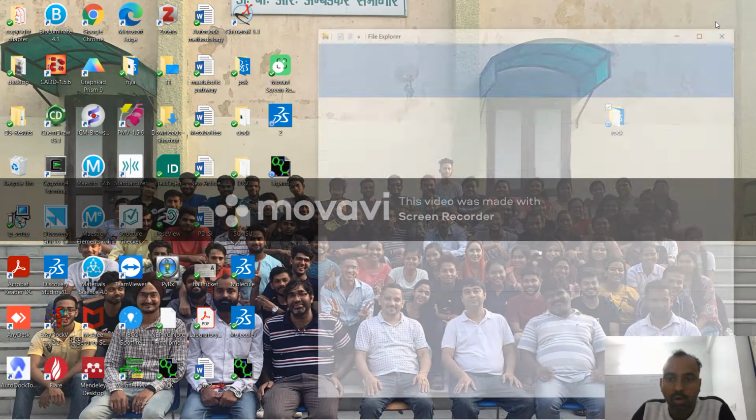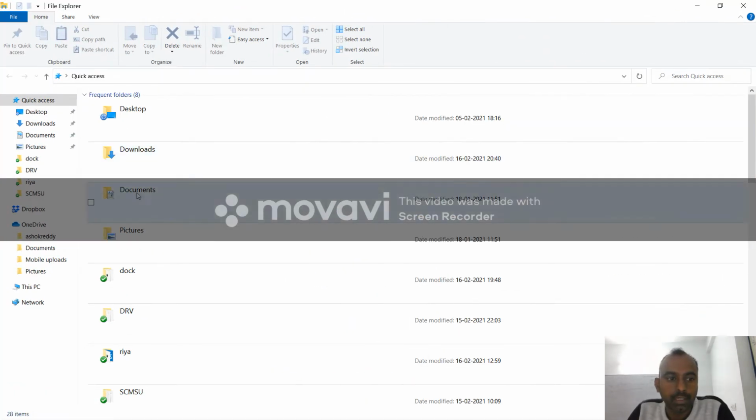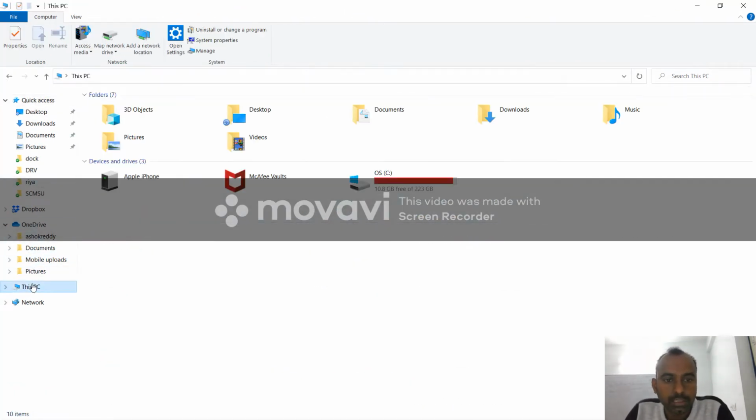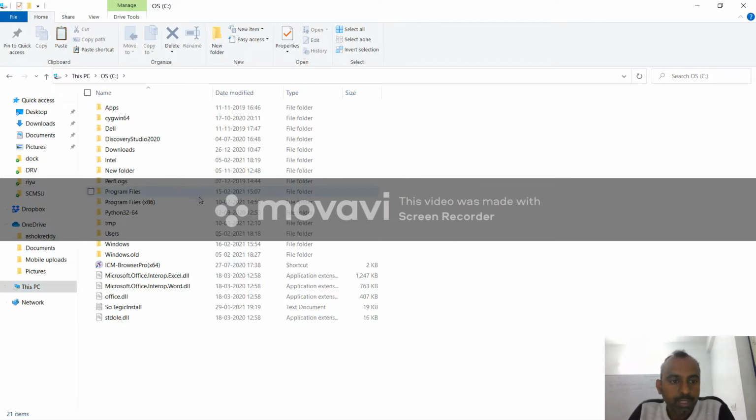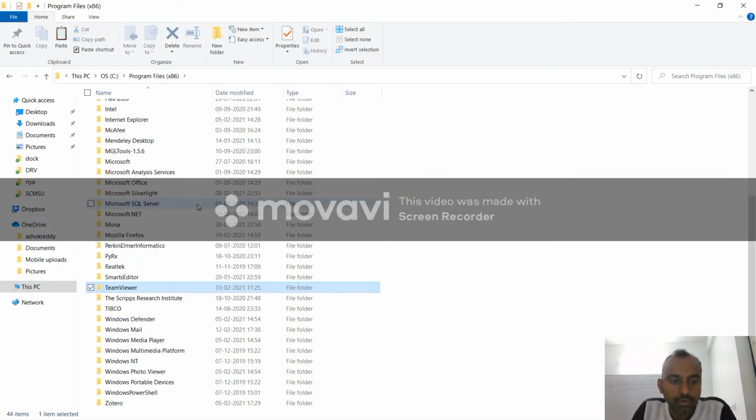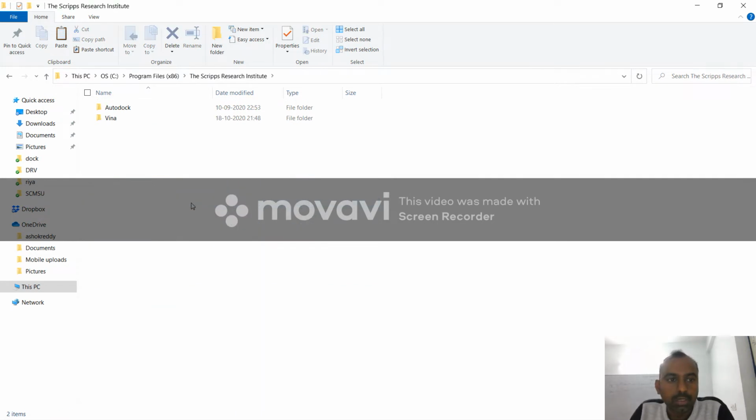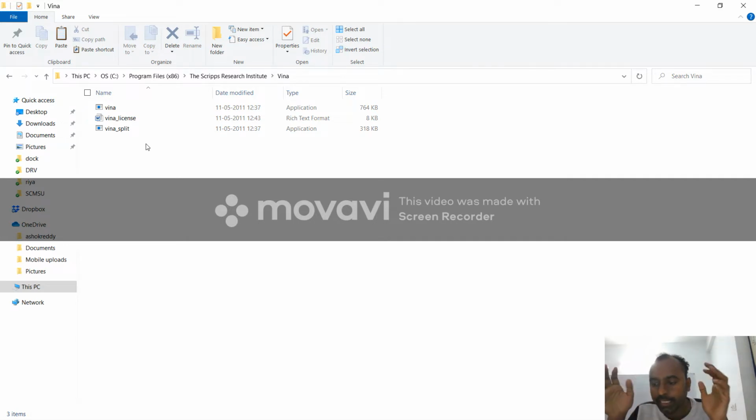Once you download Autodock, in your C drive in Program Files, you have to go to the Scripps Research Institute. In that Vina folder, all these three files you have to copy and paste into the working directory where you are using it for docking. This is the first and foremost fundamental before you perform docking.